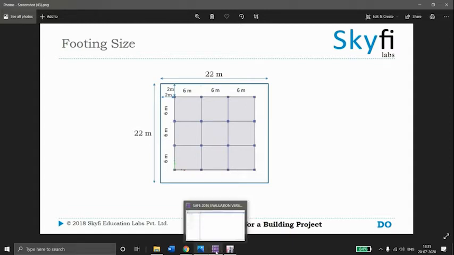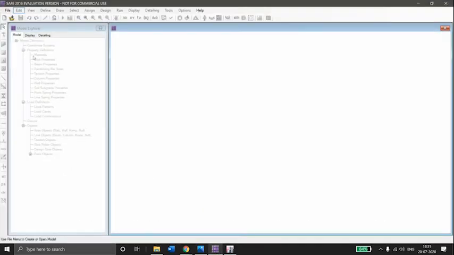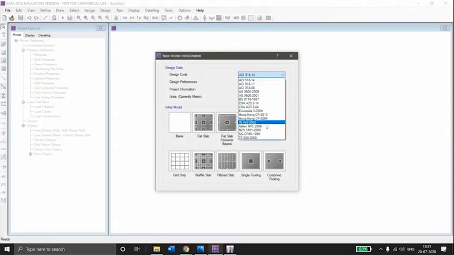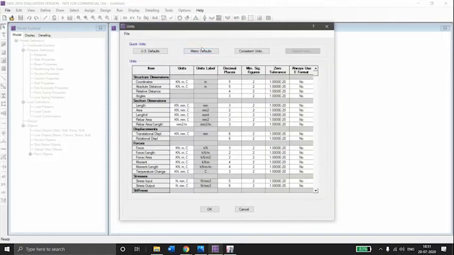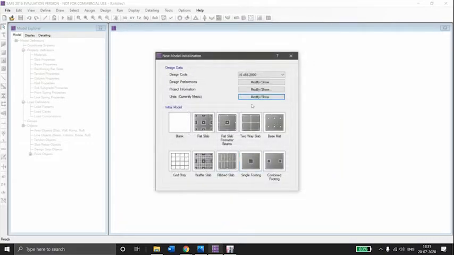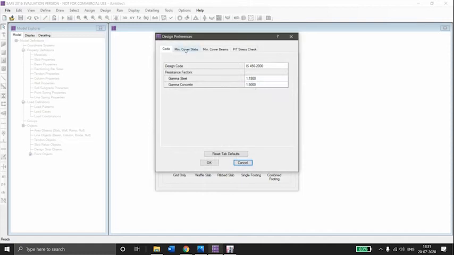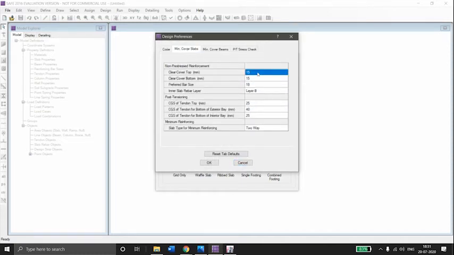Now to start the modeling in SAFE, go to the SAFE software, click on new model, select the design code as IS 456, units as metric. Design preferences, minimum cover slab. The clear top cover is 50 according to the IS code. Also the clear bottom cover is 50.